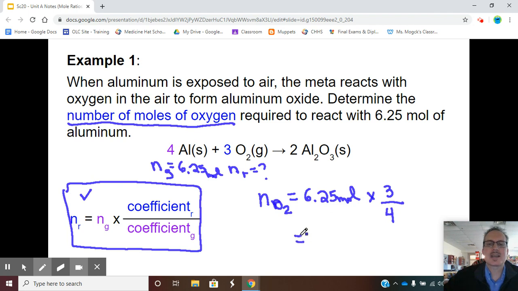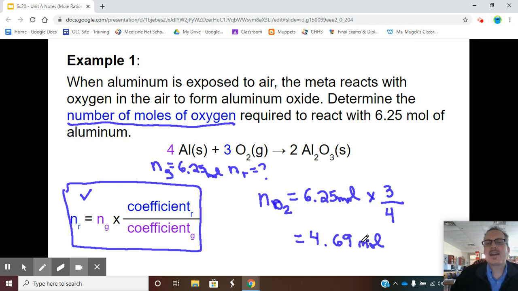So what I would like us to do is get out your calculator, and you're going to type in 6.25 times 3, enter, divided by 4, enter. Now, you get a pretty long little number here. What I'm going to say is on this lesson today, let's write all of our numbers to 2 decimal places. So my calculator number is now going to be 4.69, and the unit is moles